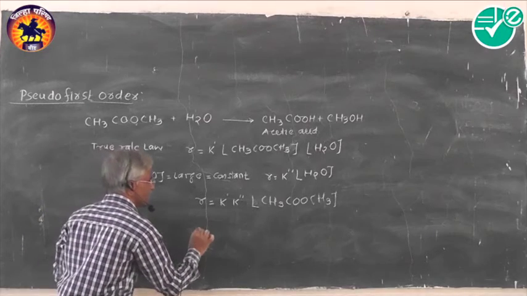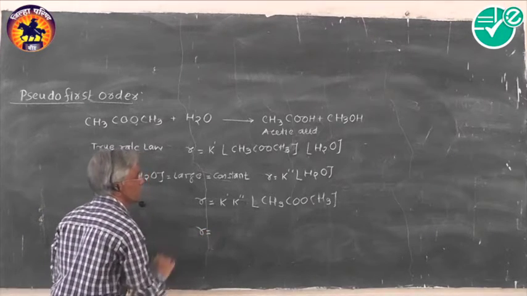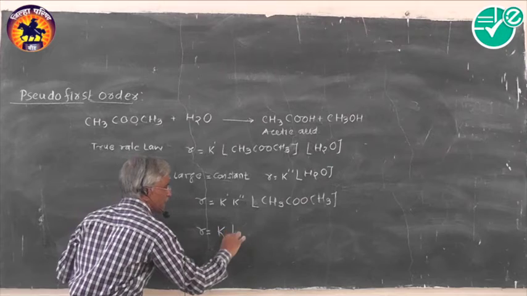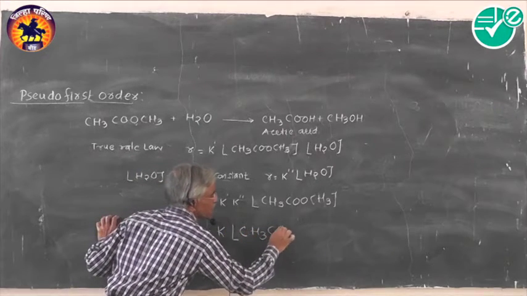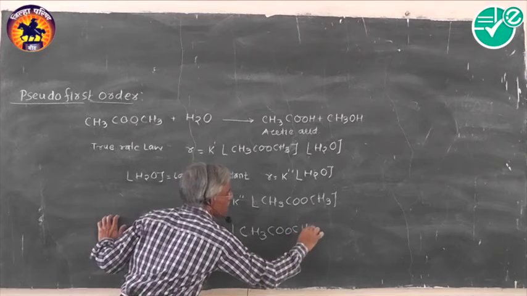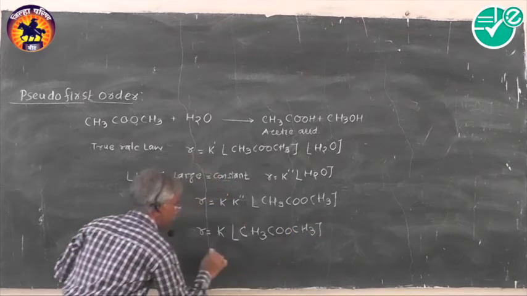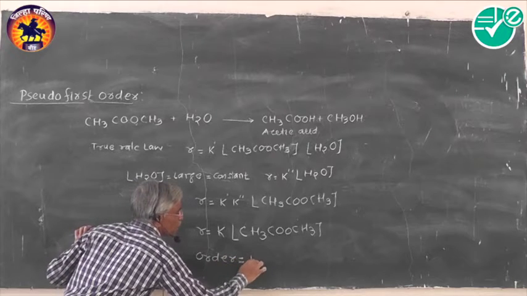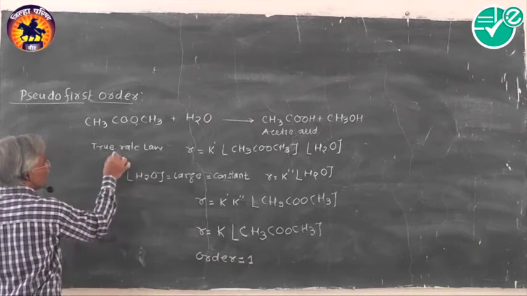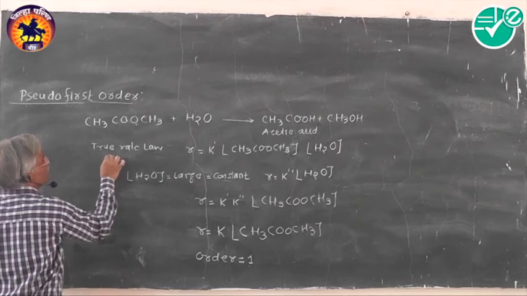Therefore, I can write R equal to K multiplied by the concentration of CH3COOCH3. And if we go for the order of the reaction, this is equal to 1, while in the true rate law the order of the reaction